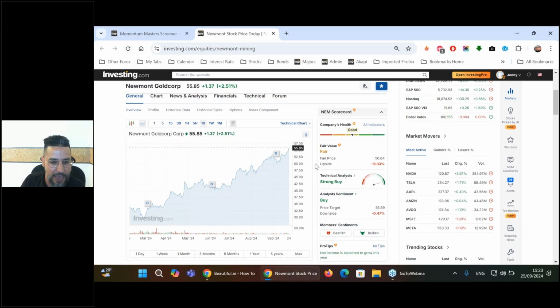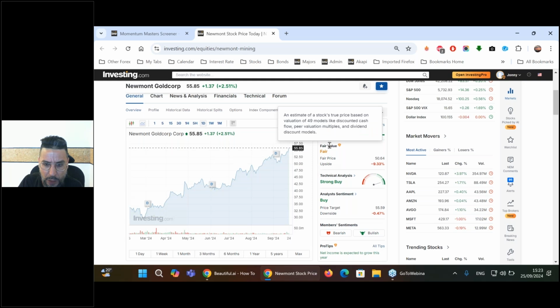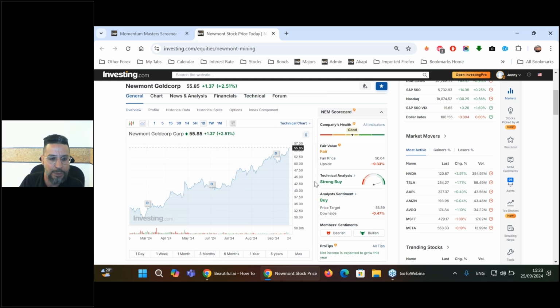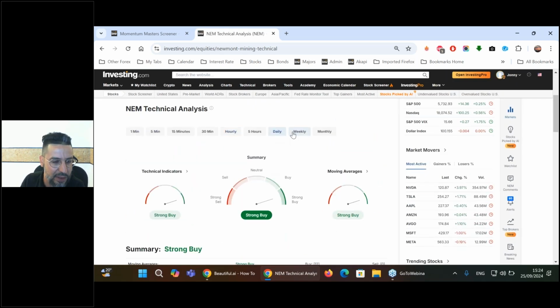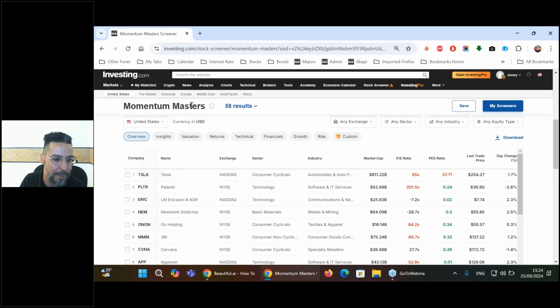This is a name which I believe every investor needs some exposure to, the miners. Right now, we saw China just unleash a massive bazooka of stimulus a couple nights ago, and that, of course, has boosted prices of metal commodities, gold, silver, copper, higher in recent sessions. So Newmont Goldcorp is another name on my radar. And again, pulling up some of the technical analysis metrics, strong buys. These are the leading names on the Momentum Masters